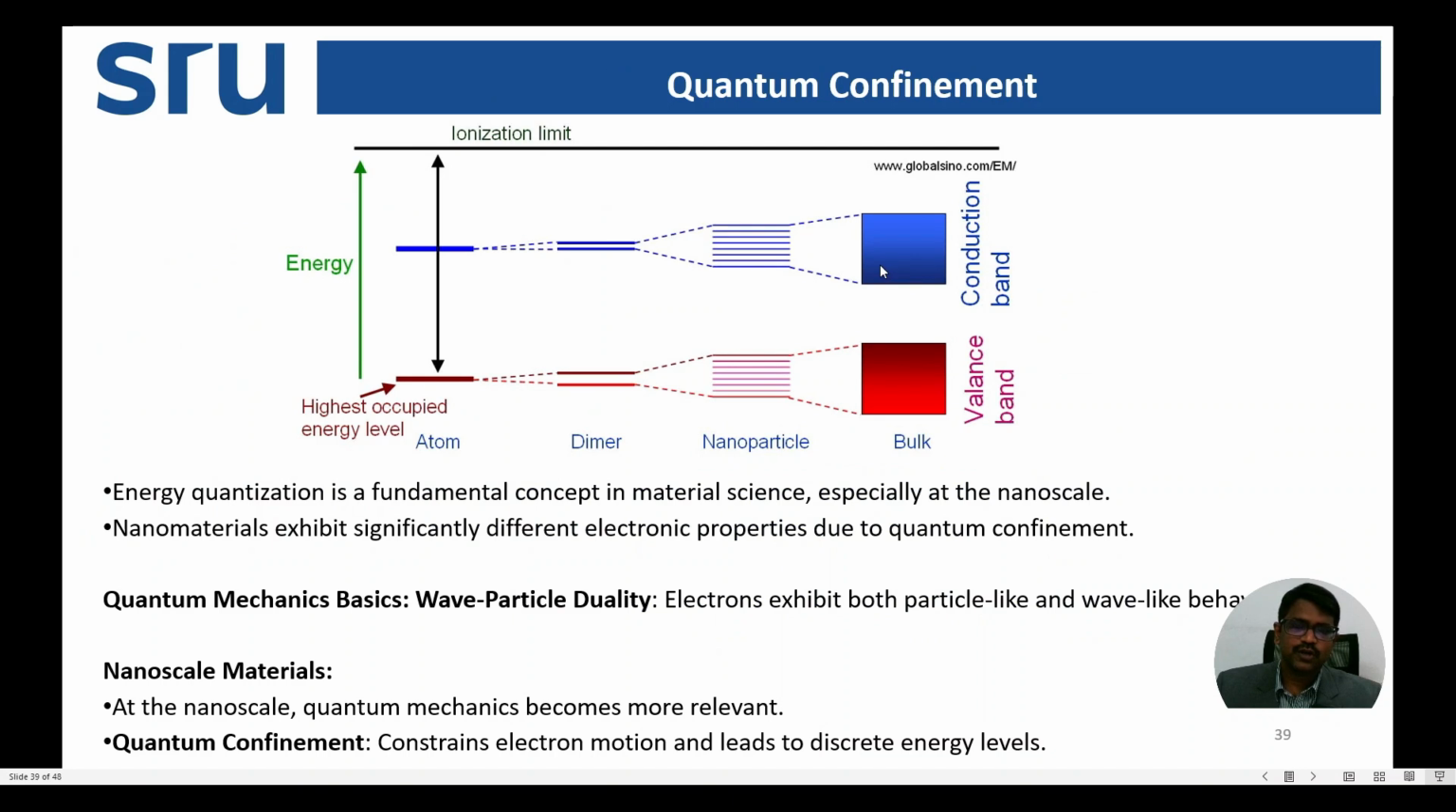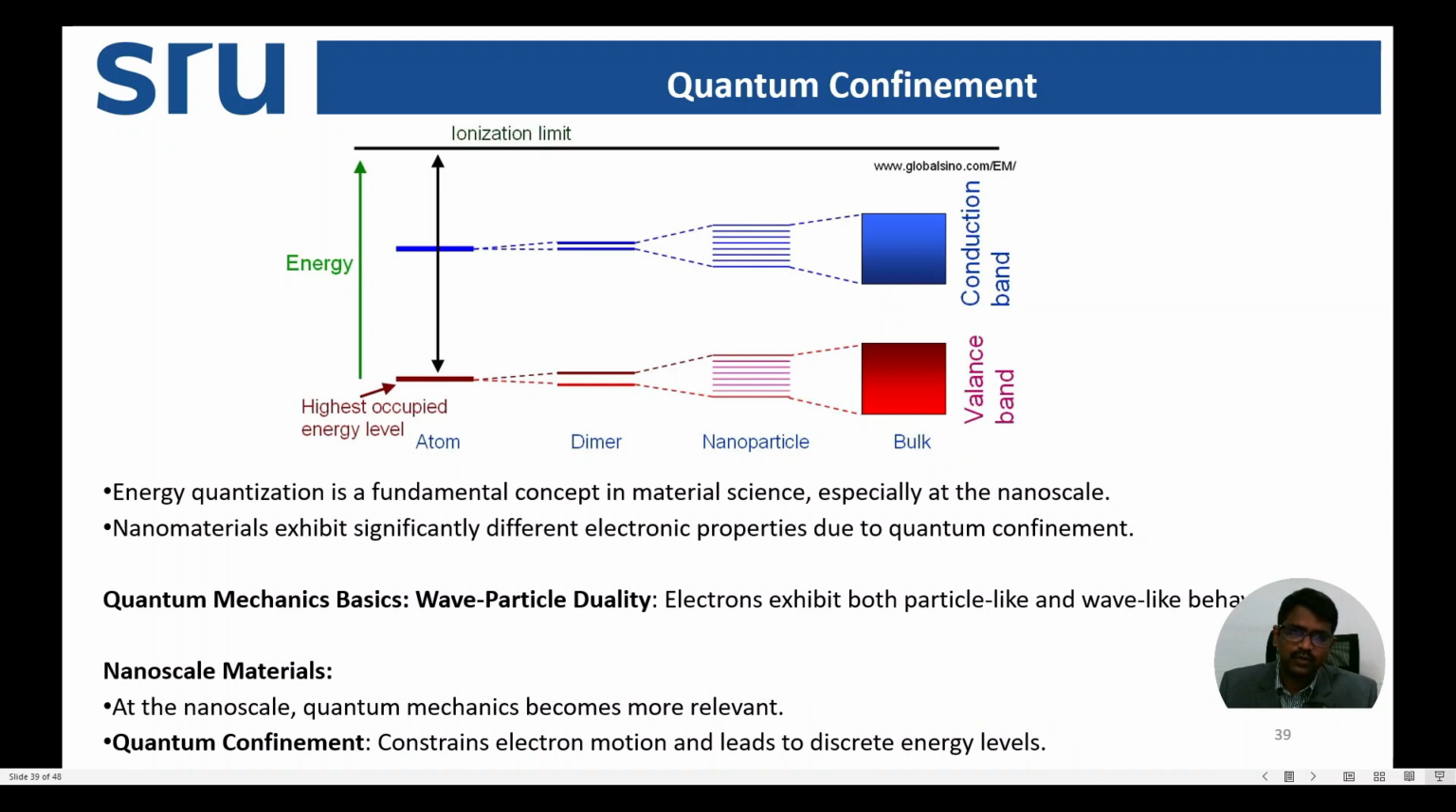Right. So we are all aware of the types of materials we have. Everyone is aware that we have three types of materials, usually insulators, semiconductors, and conductors. In all these materials, one thing we can commonly notice is the conduction band and valence band